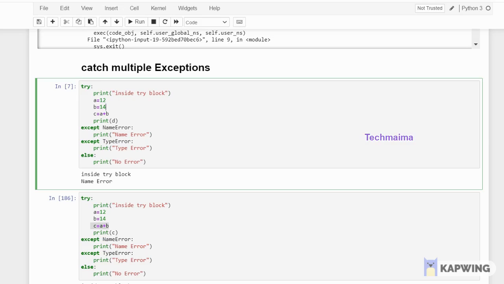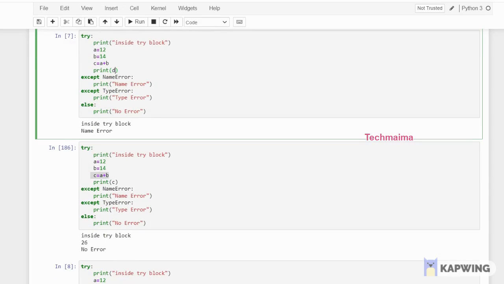What I'm doing is, instead of printing a or b or c, I'm printing something which I have not defined here, d. So I know what types of errors might happen. Either it will be a NameError, or it will be a TypeError. You should know what a NameError is and what a TypeError is. And another thing, when you mention the class name of the exception, you should know exactly what you are mentioning, and use capital letters wherever required.